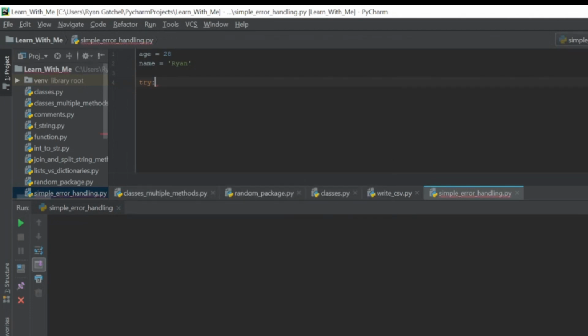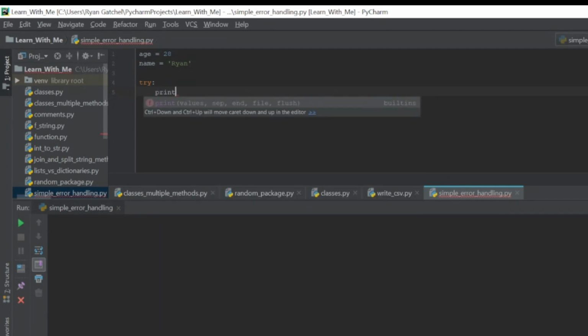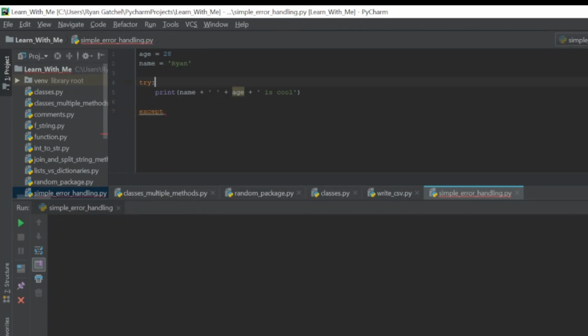So you type try, and then you put the code in that you want to run, right? In this case it'd be name plus age, and then we'll just put some text. It's cool. And then we have to run the except. Try obviously tries this code, whatever logic or code you need, and when we run this, it's going to give us a type